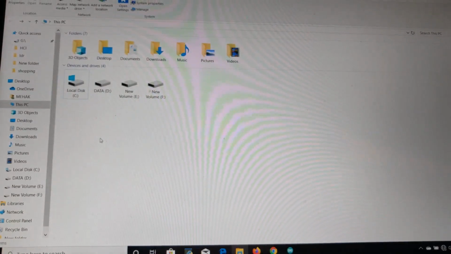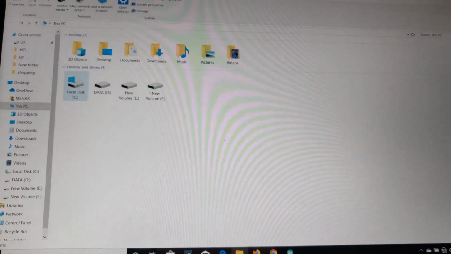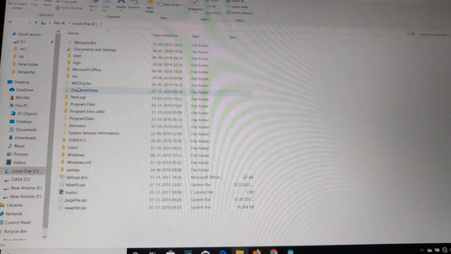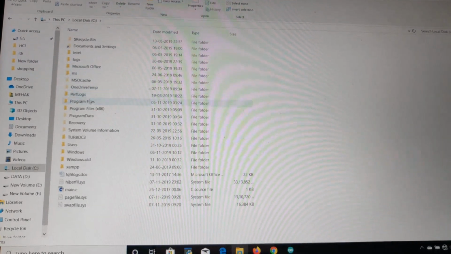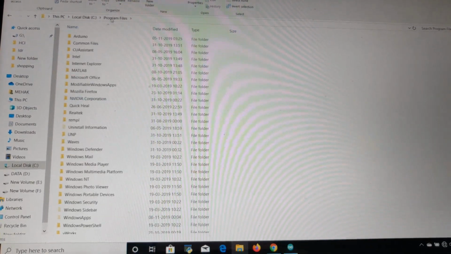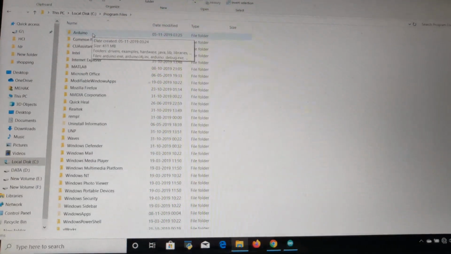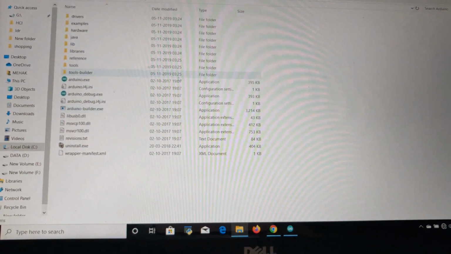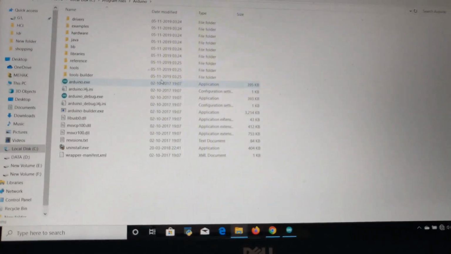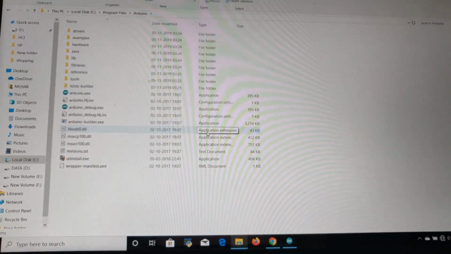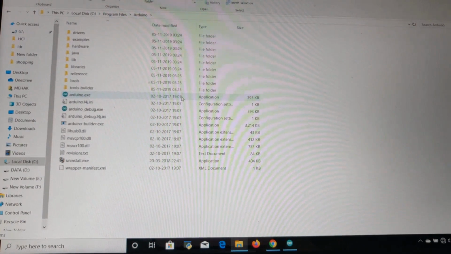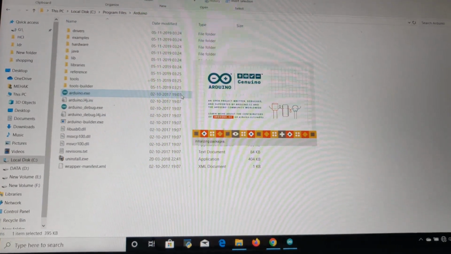Now as you can see, I have installed my Arduino in C drive. So I will open the C drive. It's in program files. This folder is the Arduino folder where all the files are present. So for the programming purpose, to do the programming, I am going to open this file with the extension .exe. So when I open this file,